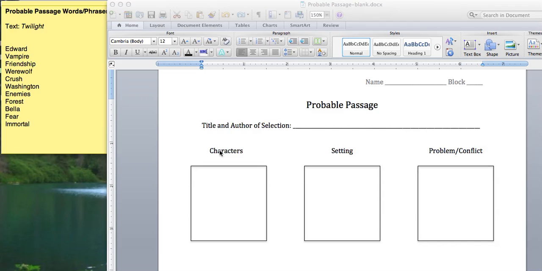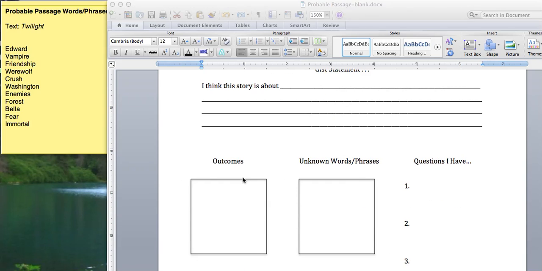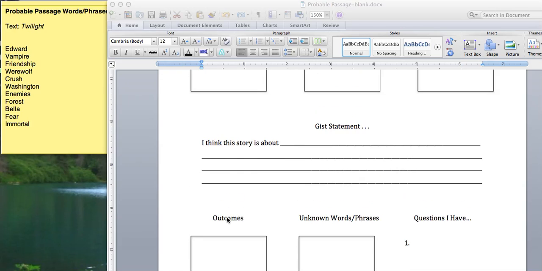But the idea is that you pick terms that fit into the categories of characters, setting, problem or conflict, and then outcomes of the story. So you've got those 4 main boxes that they choose words to stick in the box based on where they think it fits. And it gives them kind of a basis to go off then for predicting what the story